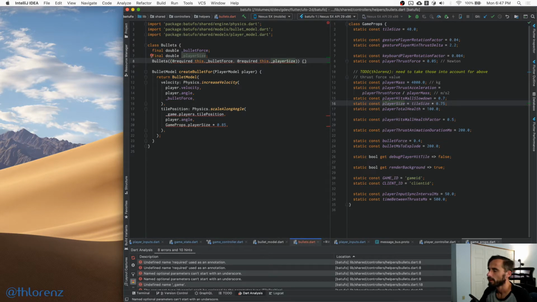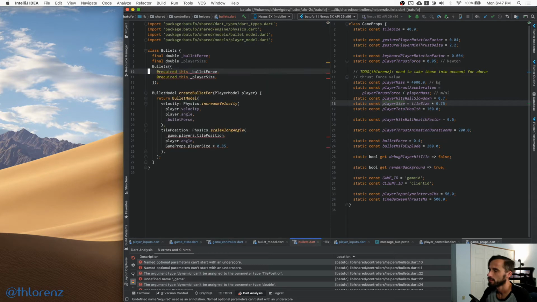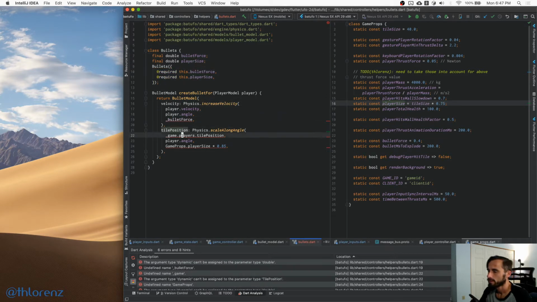And I'm not sure why it's complaining. It probably wants me to do this. Okay, fine. And it doesn't know what required is, most likely. And it's still complaining. And, okay, so we can't do it this way. That's fine. So now we have player size. We have the bullet force. And now I'm wondering what